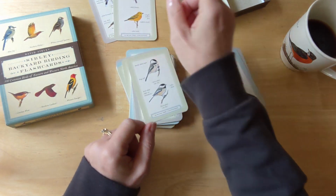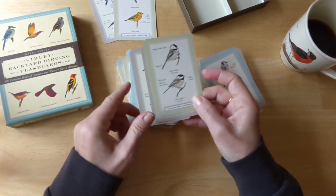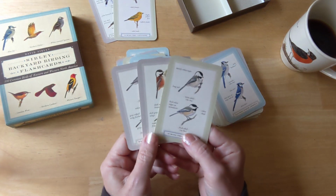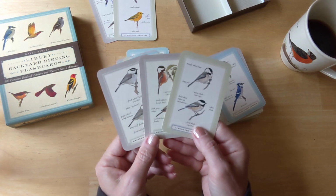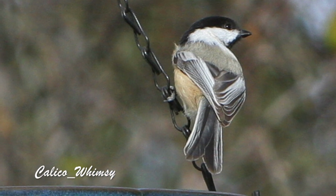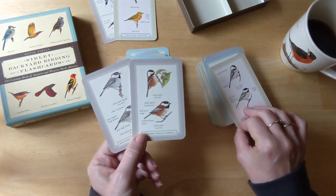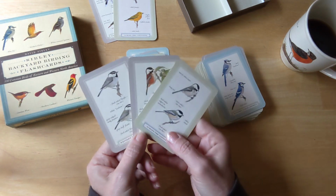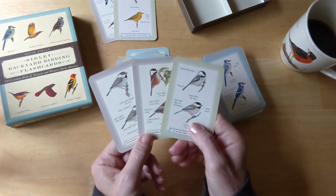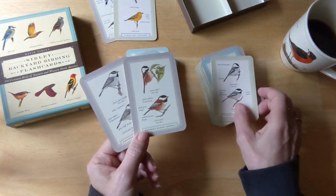I will start learning the birds that I don't know. Now I know you see the chickadees are here. I do know what a chickadee looks like, but I don't necessarily know the difference. Okay, we'll just go ahead and talk about some chickadees for a minute while we're here. So I think I mentioned in my last video that I'm very familiar with the black cap chickadee, which it's got to be this one. So this one definitely belongs in this pile, but I keep it in this pile because I want to be able to see the difference between the different chickadees, because this is a black cap chickadee, and I feel like this one might be a Carolina chickadee,